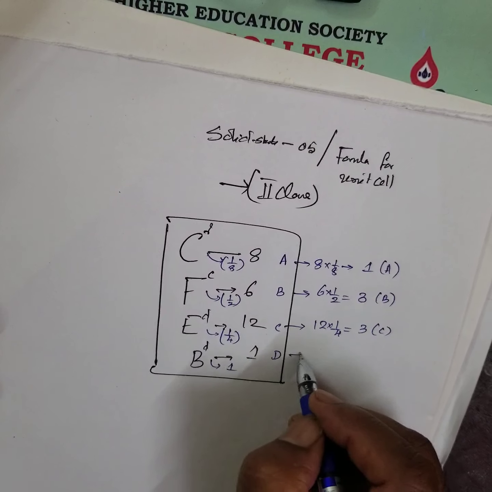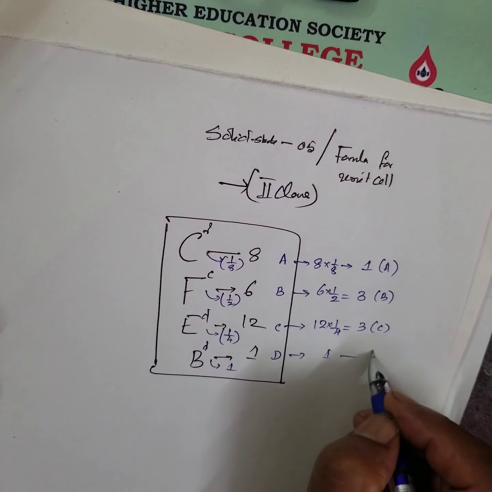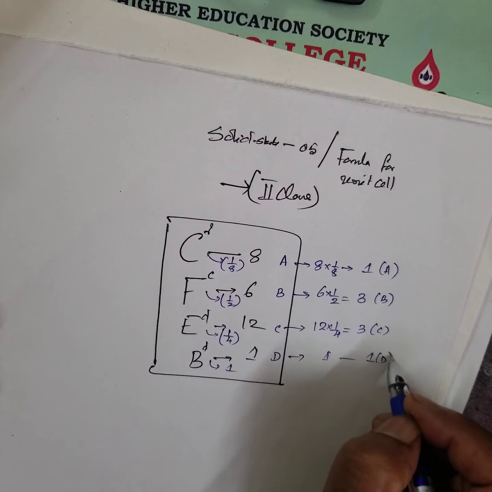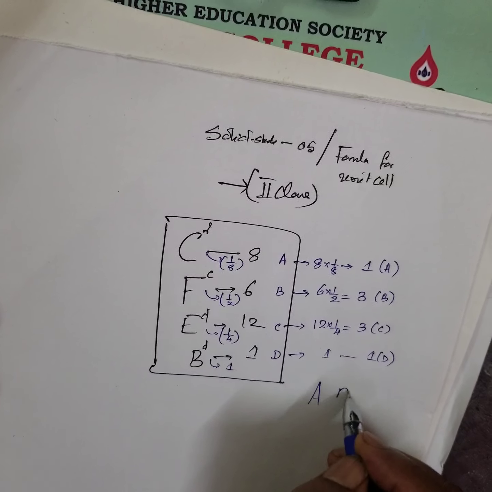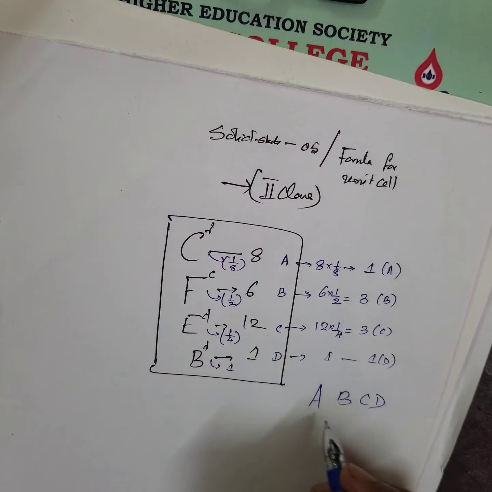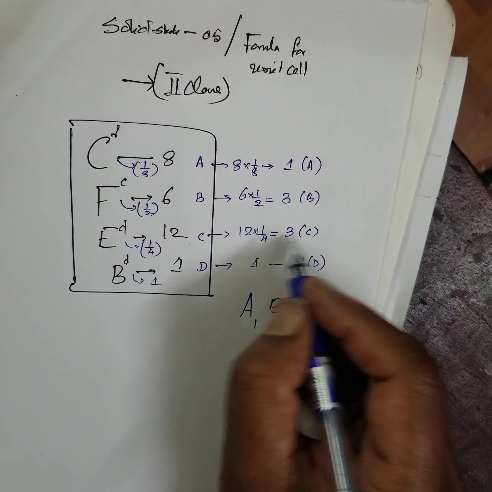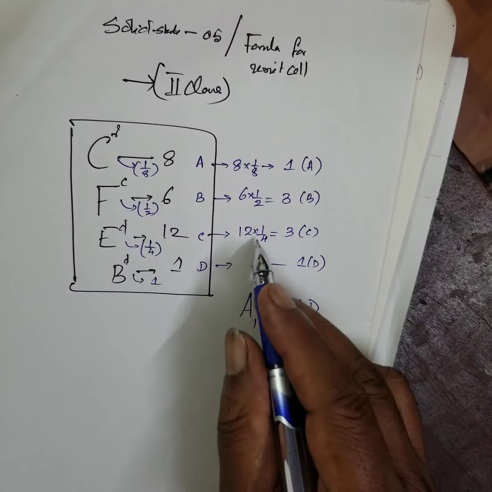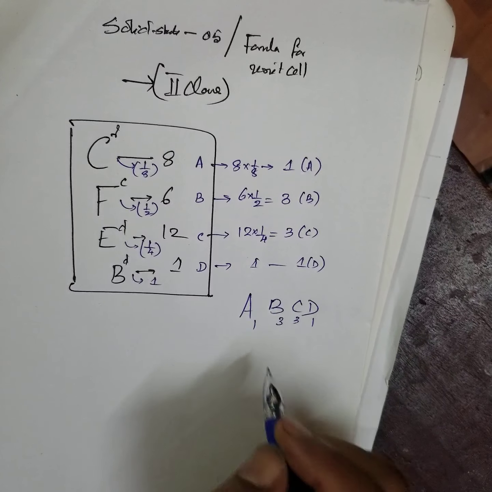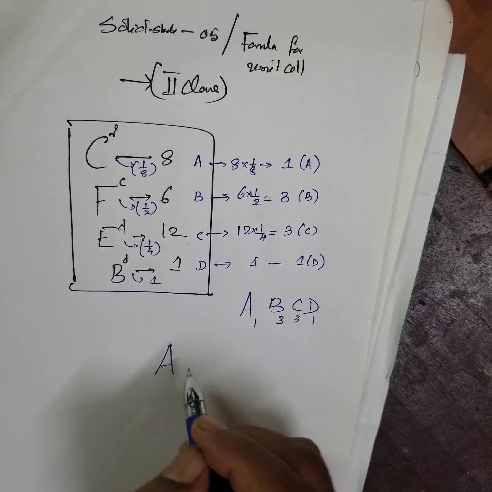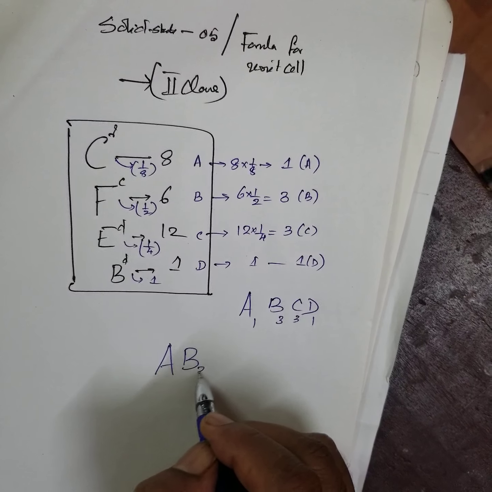For D, it is 1. Then what is the formula? A, B, C, D. For A you write 1, for B you write 3, for C you write 3, for D it is 1. Therefore, the solution we got is...